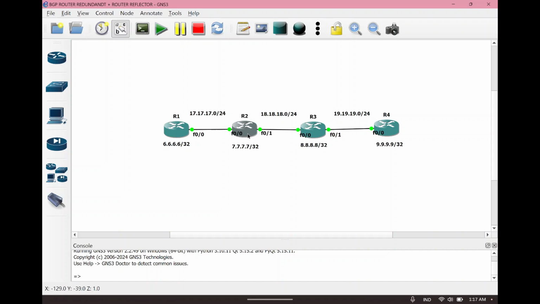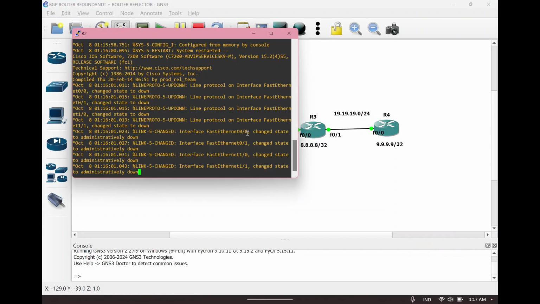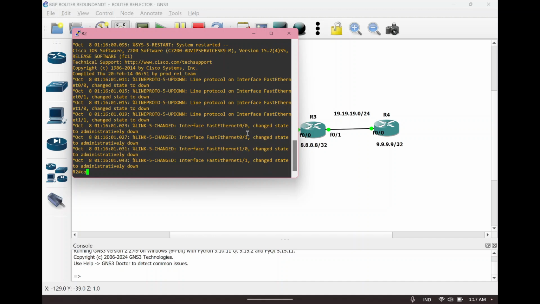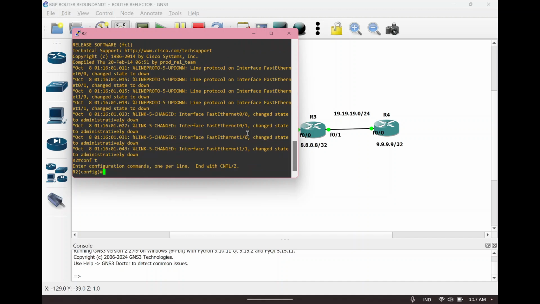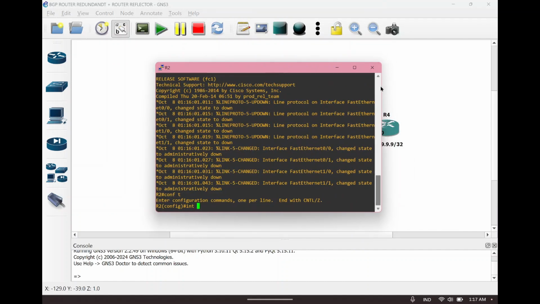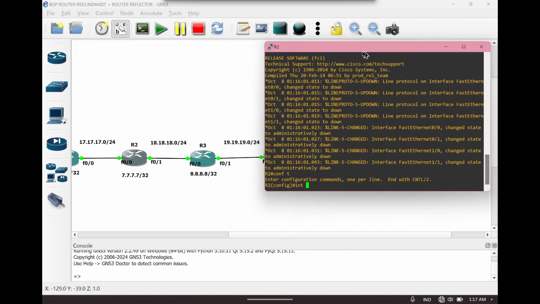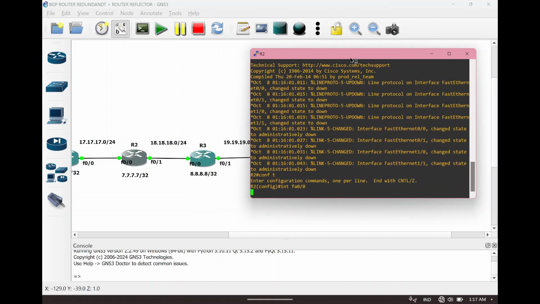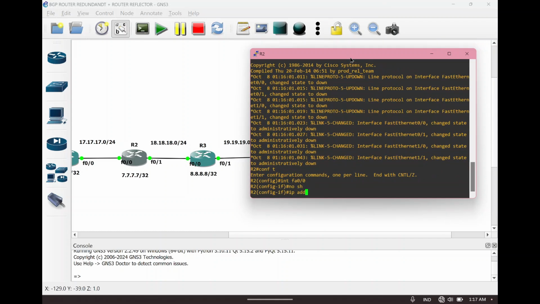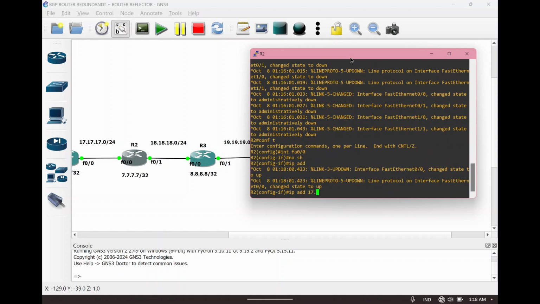Okay, this is still loading. Okay, enter, and don't forget to type configure terminal to enter configuration. Here, router 2's FastEthernet 0/0 is connected to router number 1, so I make the IP address 17.2, and then enter the subnet mask.